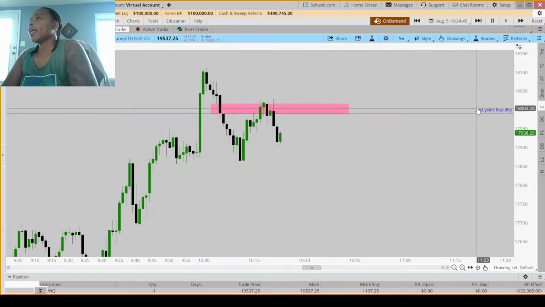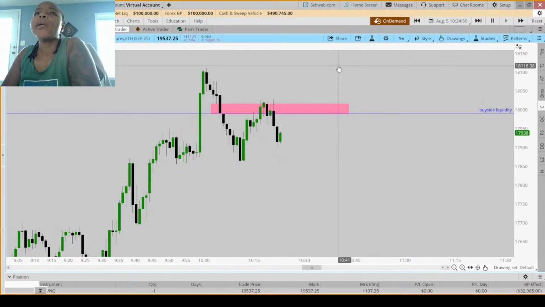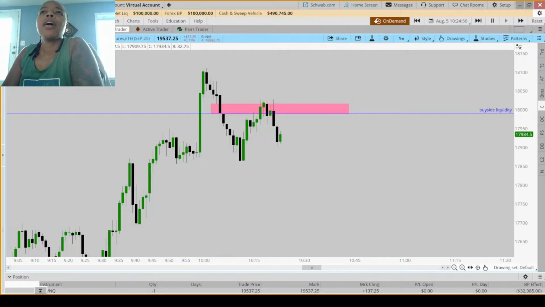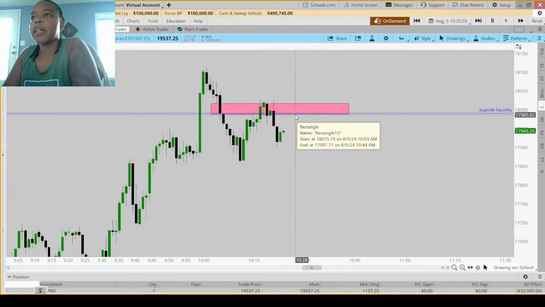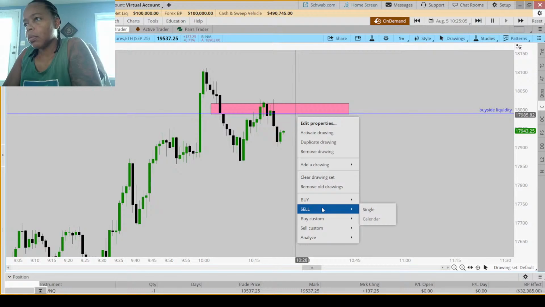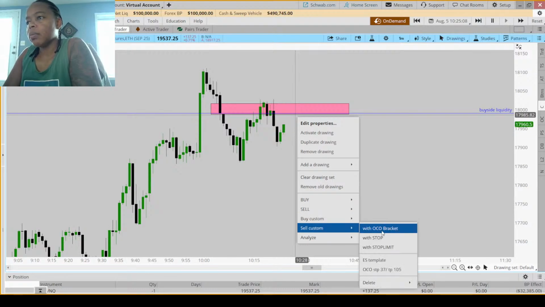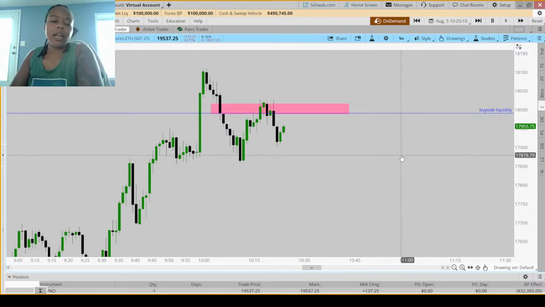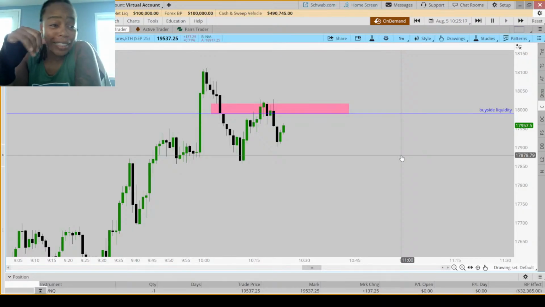I just don't understand why I can't set the order in here. Weird. They give me fake money. I want to set an order at the base of this fair value gap. I do. But I shouldn't because why? It's not my setup. But I want to take it, right?